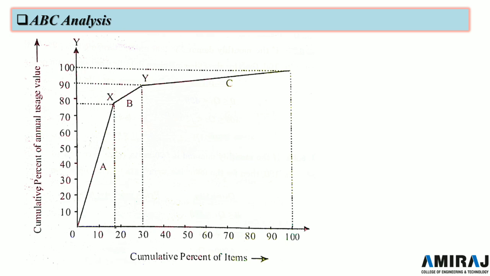On the x-axis put the cumulative percentage of items, and on the y-axis put the annual usage value. Mark the cutoff points x and y where the curve changes its slope, and dividing the curve will give us the three segments, that is A, B and C. Under ABC analysis, an organization would devote much time and effort in controlling A, while extra care will be taken for determining the minimum and maximum inventory and reordering level of the A items, whereas the least control is needed for the C items.